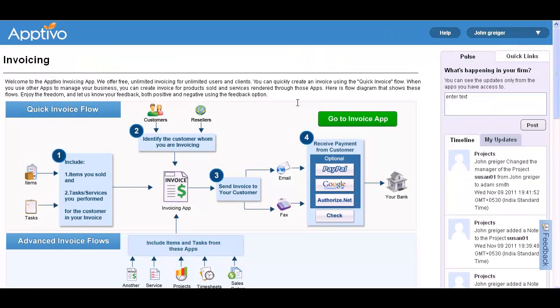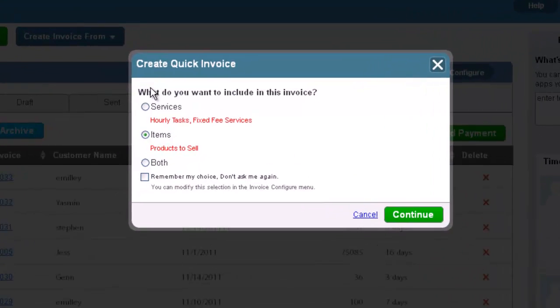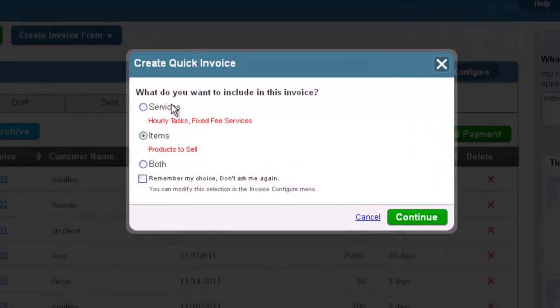Hello, I'm going to walk you through how to create an invoice for both products and services in Apptivo. From the main app's dashboard, select the Invoice app and continue through to the main invoicing dashboard. Now we will click the Create Quick Invoice button in the upper left-hand corner, and a pop-up will appear asking